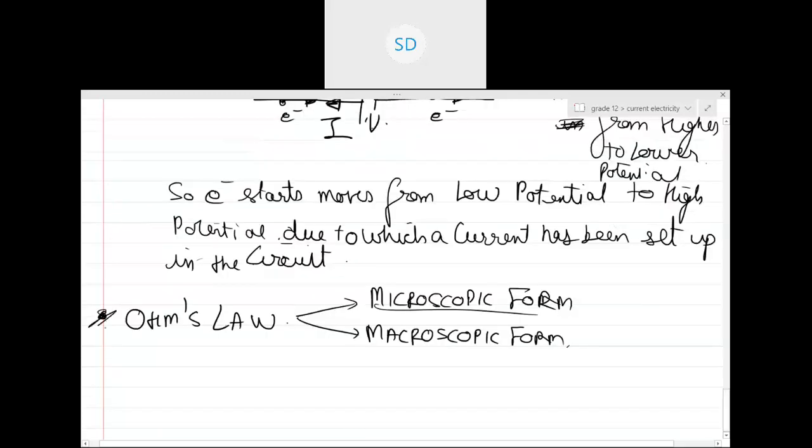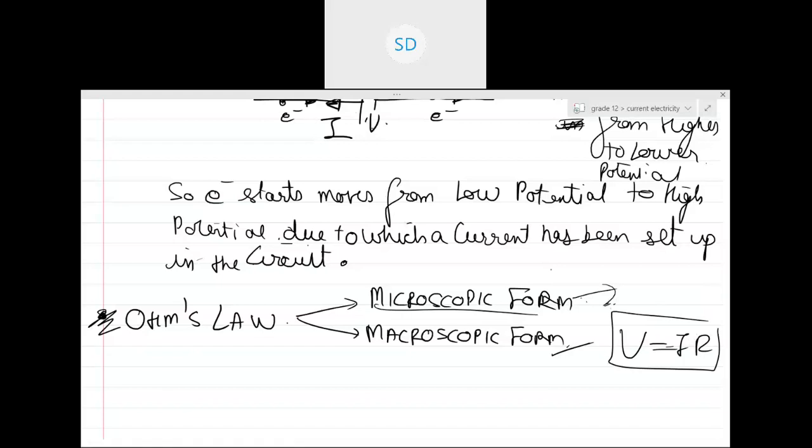So, guys, don't write this as a heading. You can just write: the relationship between this and this is studied by Ohm's law, and it has two forms. This macroscopic form was basically V equals IR, where R was the resistance and all, right? There is this microscopic form also which we need to discuss. But before discussing that, we need to discuss the small microscopic parameters, which will help us understand how exactly the current flows in a circuit.